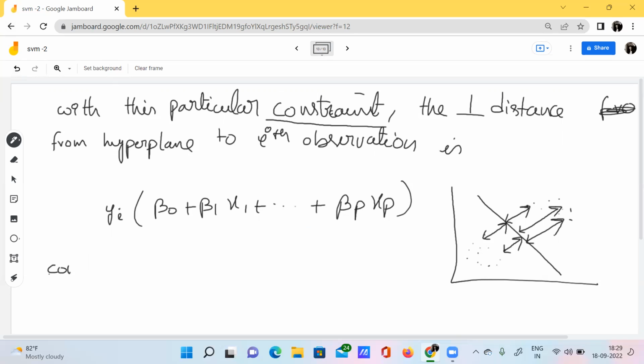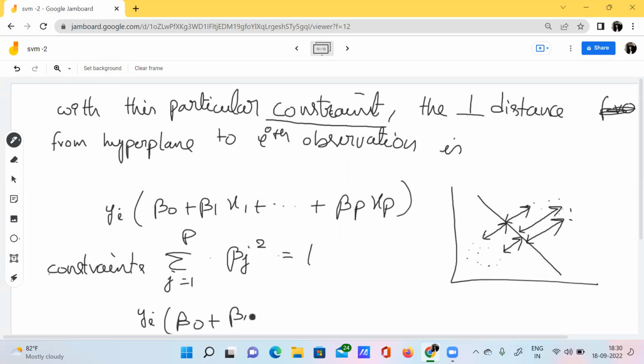So the constraints are nothing but sigma j is equal to 1 to p beta j square is equal to 1, and yi of beta naught plus beta 1 plus and so on plus beta p xp should be greater than or equal to m.